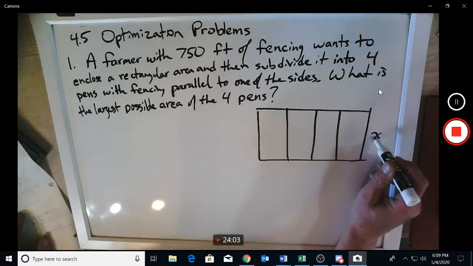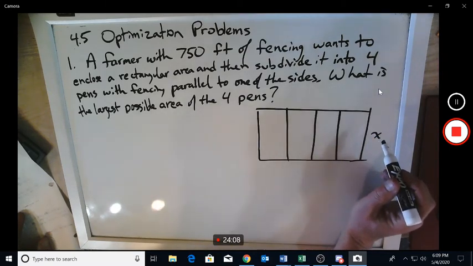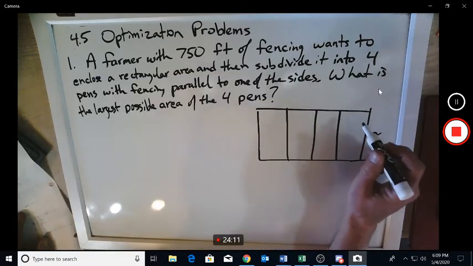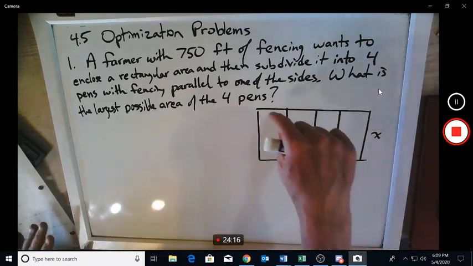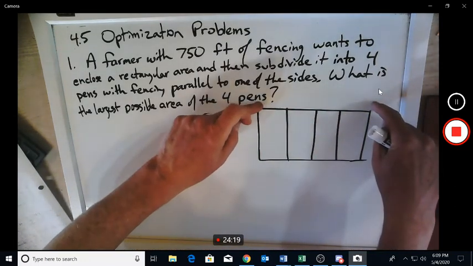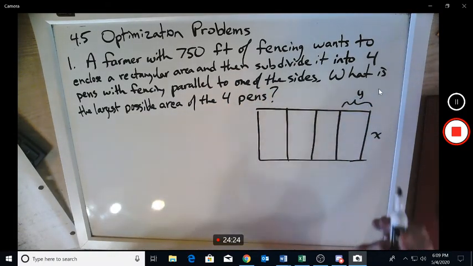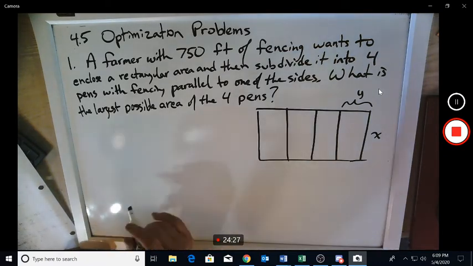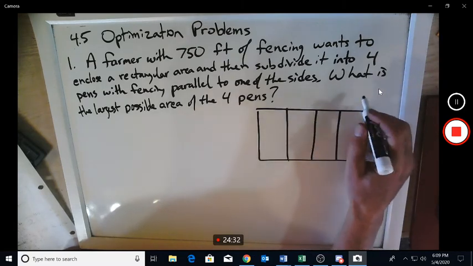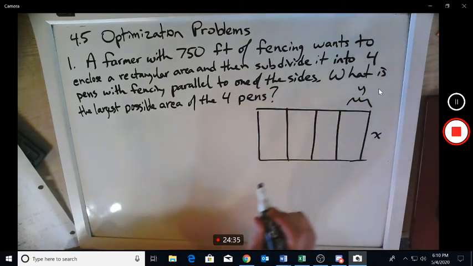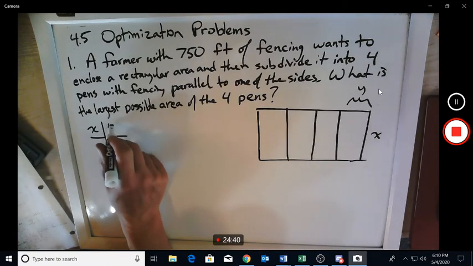If we call this side x, and then all these would be x, and then the region y could be, as long as you're clear, the whole distance from here to here, or just the distance here to here. Either way, it doesn't matter. I'll make it y from here to here. So then I have x and y,